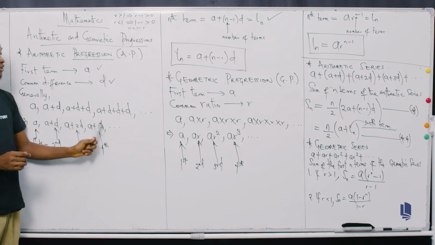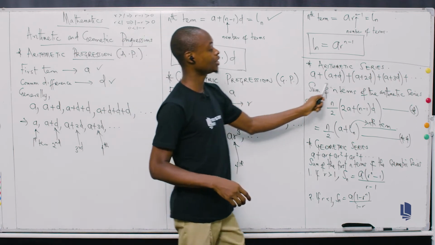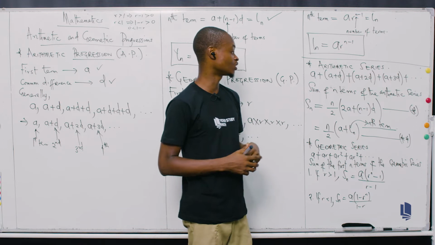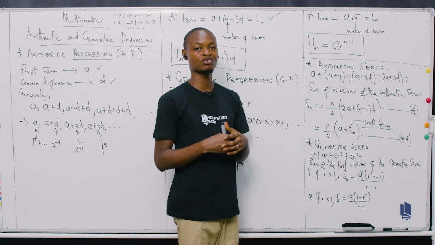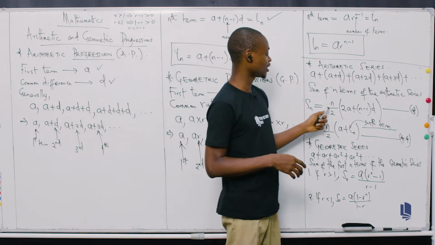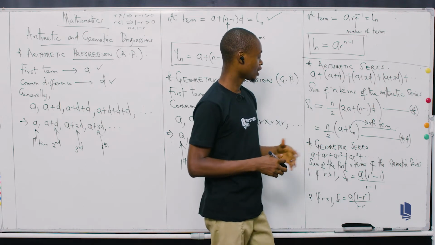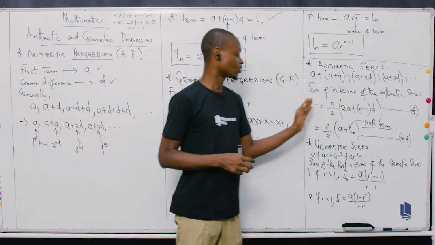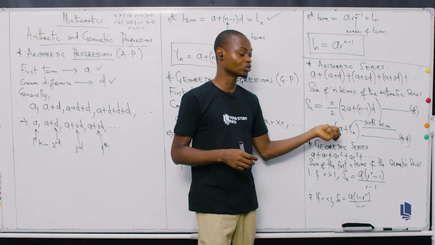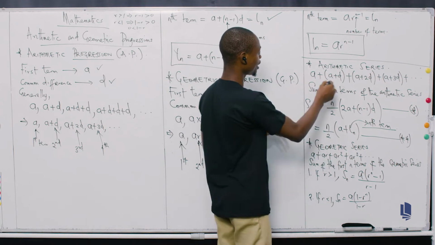And then for the arithmetic series, we are saying that if you add the individual terms of the arithmetic progression, you will get the arithmetic series. So by adding them, we can now take the sum of the first n terms of the arithmetic series, which is the sum of the first 10 terms, sum of the first 20 terms, and so on and so forth. And the formula would be n over 2 into 2a plus n minus 1 d. And you can shorten it by using the nth term as n over 2 into a plus ln. And you can verify, yeah? Let's take the first two terms here. If you had to add this together, you'll be getting